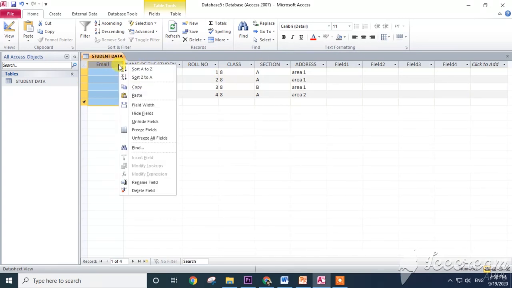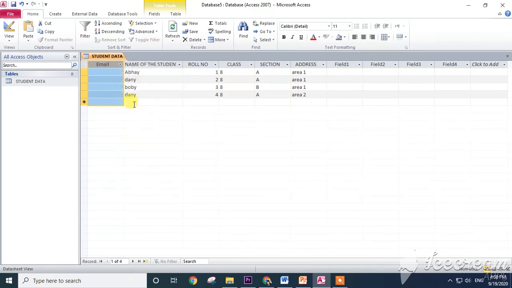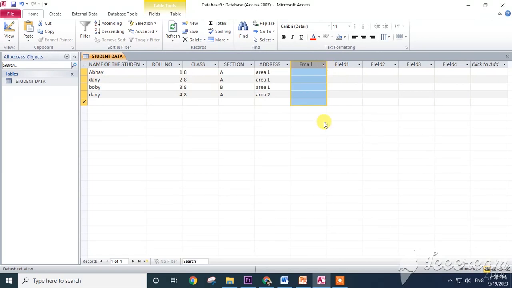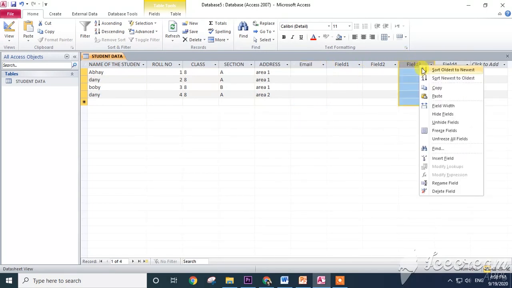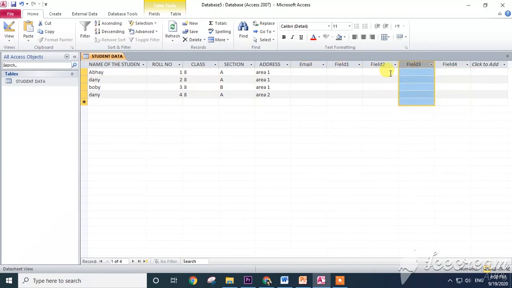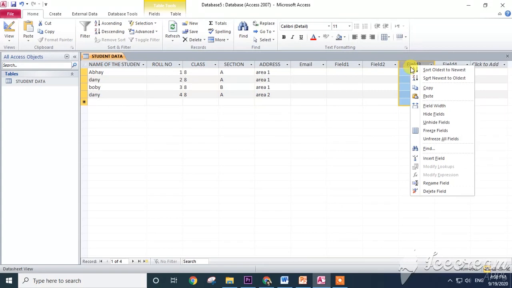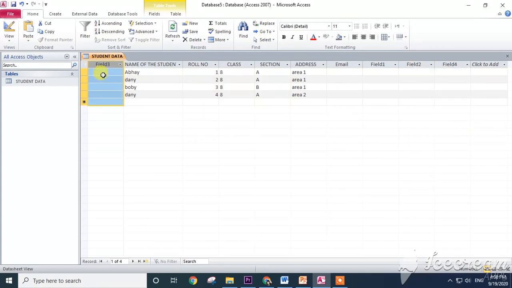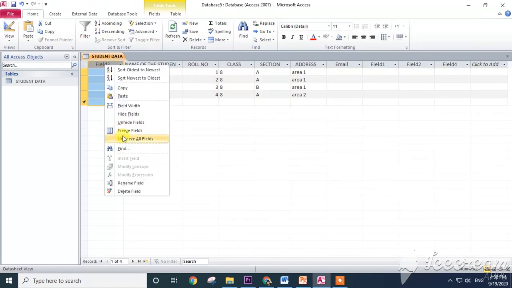Now after clicking unfreeze fields, you can move from one place to another where you want to see. In this way we can freeze the fields. Not only one, you can select many things at a time. Right click and freeze fields. See, and click on unfreeze the fields.